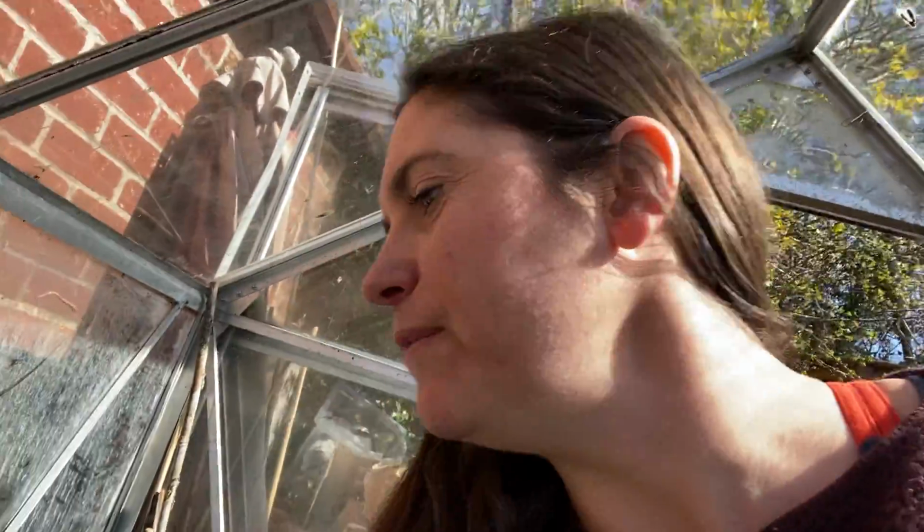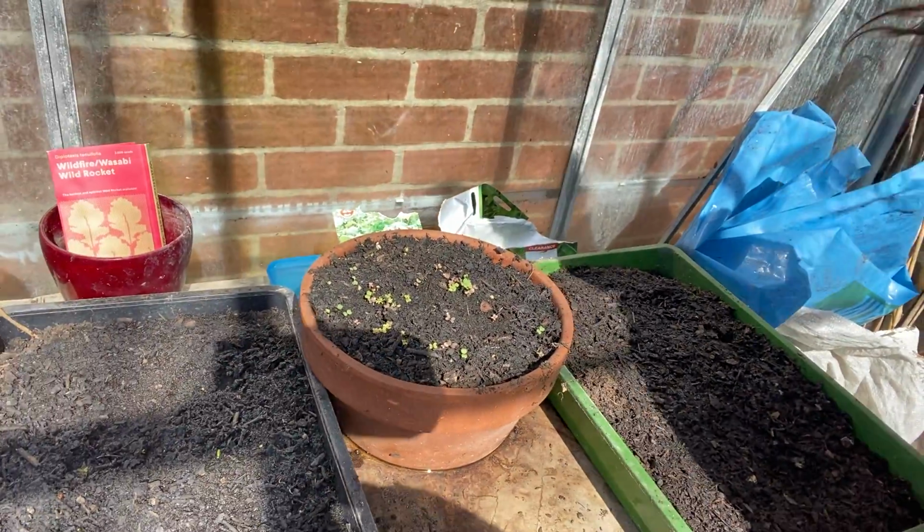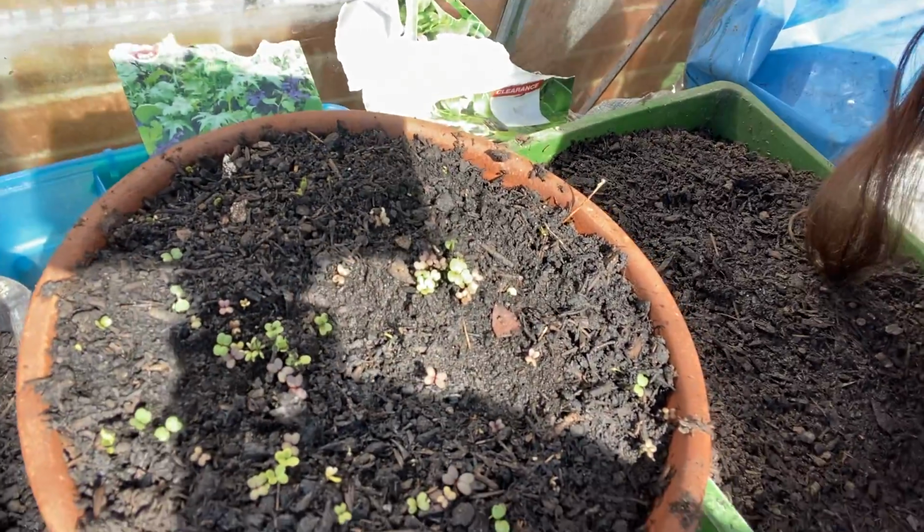It is a little bit broken, a couple of panels that got broken, so we've got to fix those. That is on the list of things to do. But in the greenhouse we have some seeds growing. So I've got some wild rocket, I've got some red and green mixed shisho, which are Japanese herbs. I've got some salad leaves. So down here are my different trays of things, and you can see my salad coming up, which is so